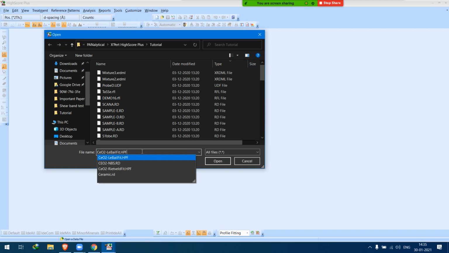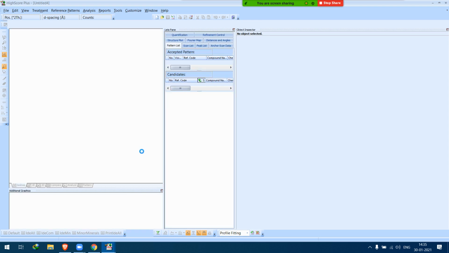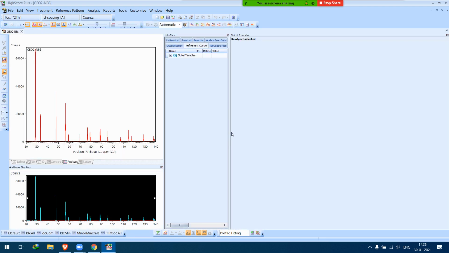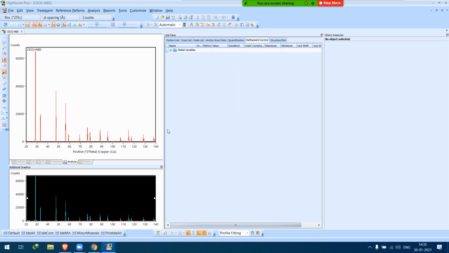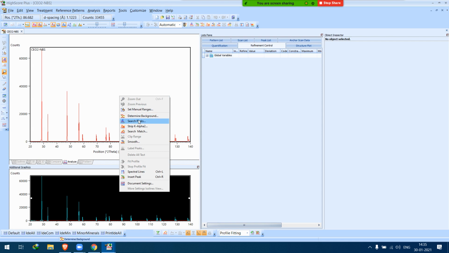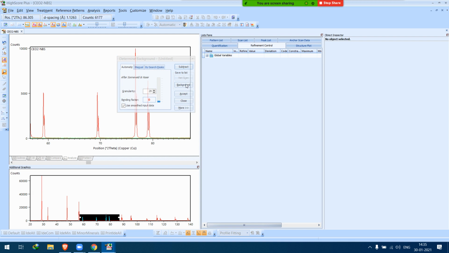Cerium oxide. Okay, first again the same procedure, determine the background. Okay, this seems good. Accept.